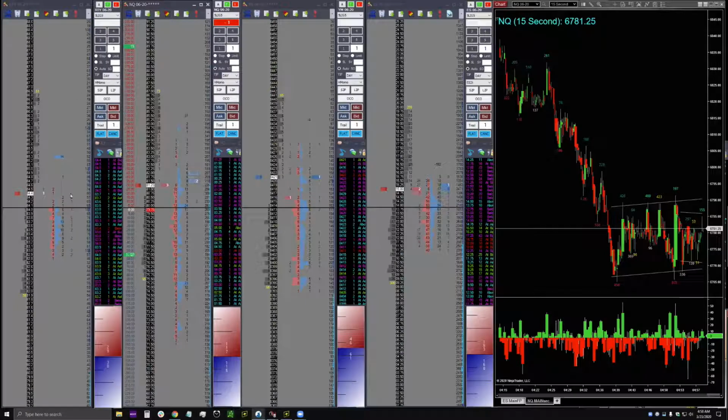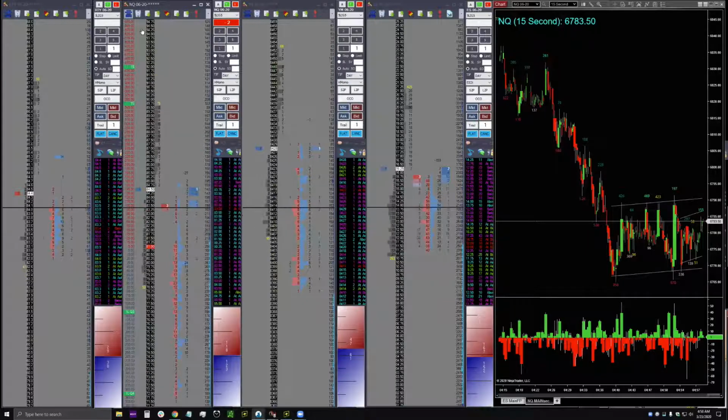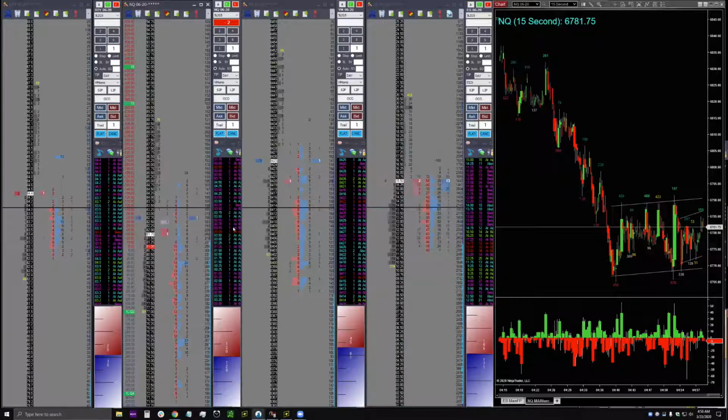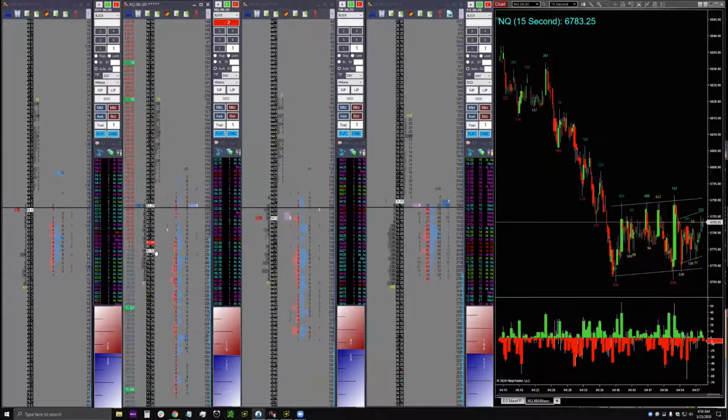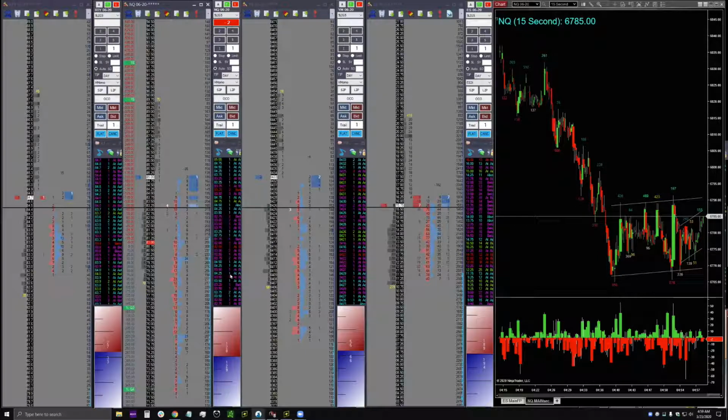So anyway, this is how I do this, and I also do the cut and reverse with more than a one lot. Right now, I'm doing it with a one lot, but you can do this drill where you can add to your winners and losers if you want. And by the way, that's a really fun way to do the micros. Do the micros with the cut and reverse drill with multiple contracts. So the bottom line on that approach is you have to be in the market all the time. You can add to it, give yourself a limit, like you can go 0 to 5 or whatever. And that's also a fun way to do it if you want to learn how to do the technique of trading around a core position by scalping in and out.